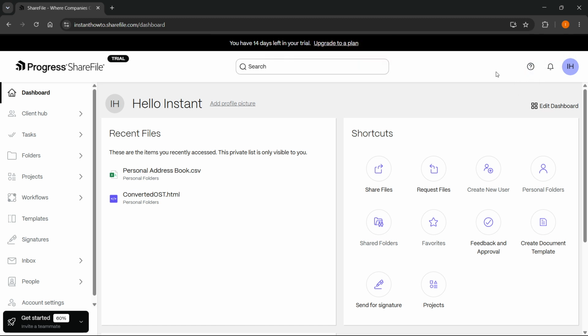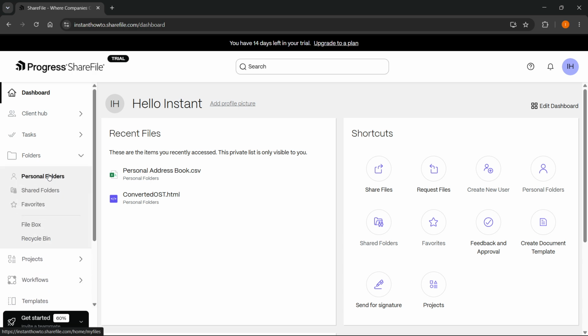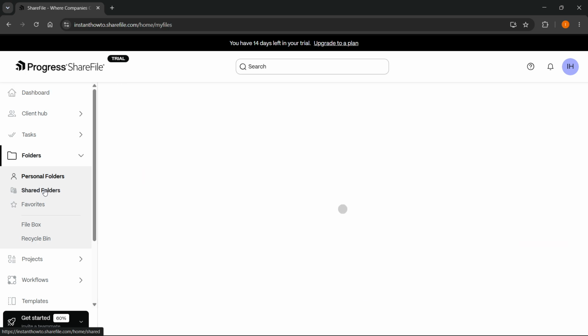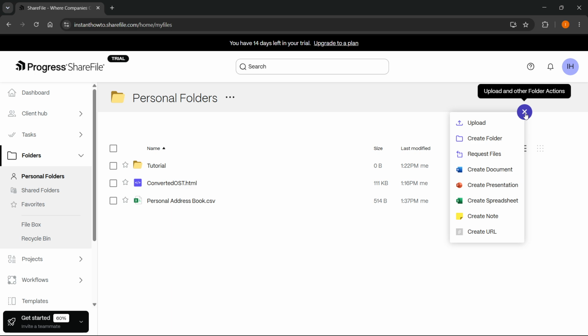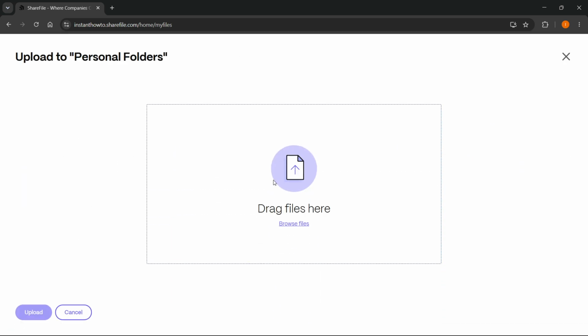The second one is going to be to go into any of the folders and add files in there. So if I go to folders over here, I can go to, for example, personal folders or shared ones, going to be the same thing. You have to hover over the plus button top right, click on the upload button, and there we go, same